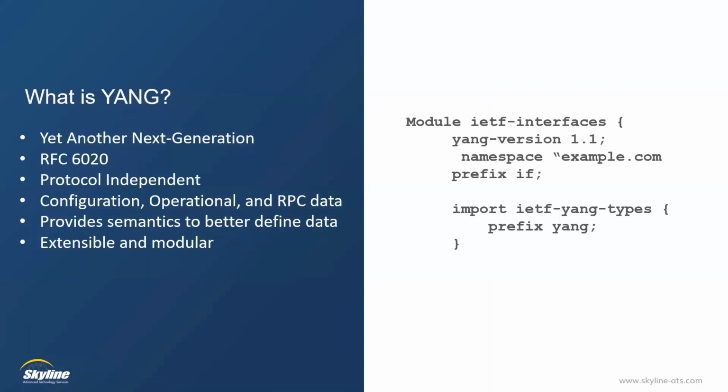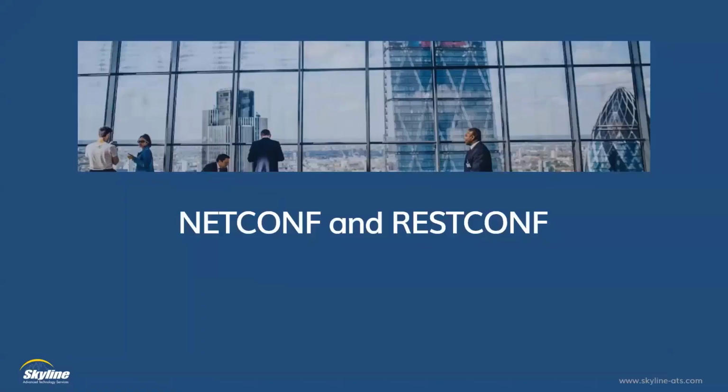So it puts constraints around it: is what we're trying to configure a string? Is it an integer? Is it a Boolean? Is it a float? What is the range it can be in? If we're talking about VLANs, we can have VLAN 1 through VLAN 1000. If we try to do something outside of 1000, it would kick back to us. Those are what data models are used for, and they're used within NETCONF and RESTCONF.